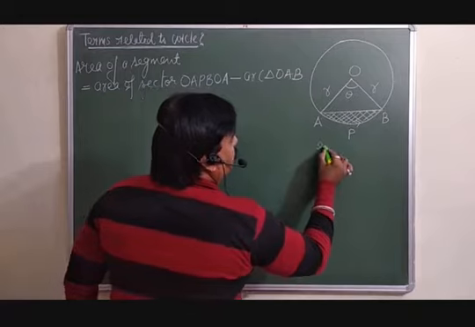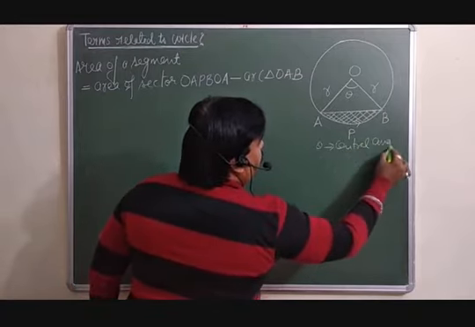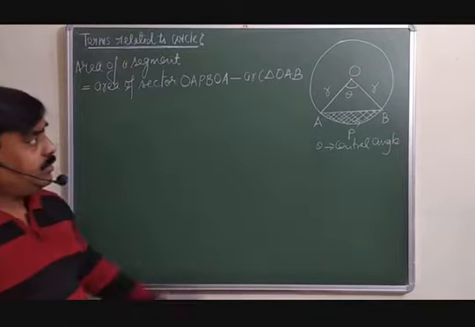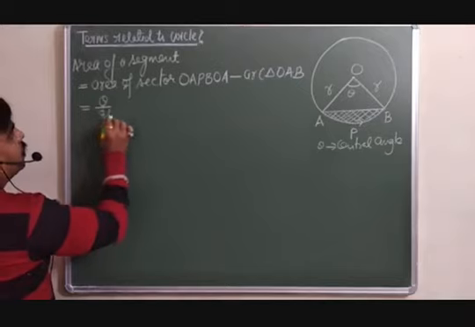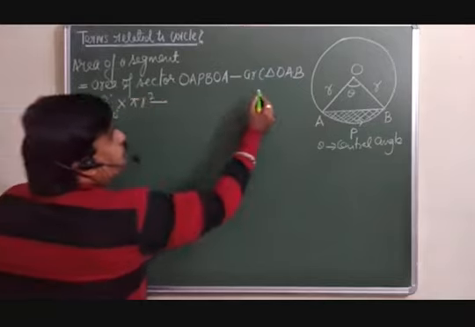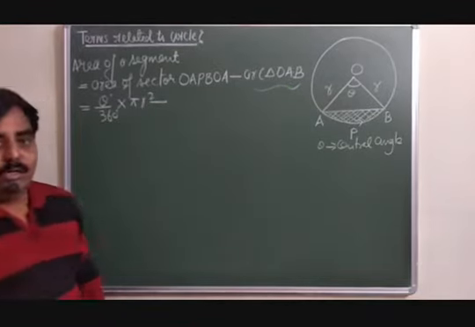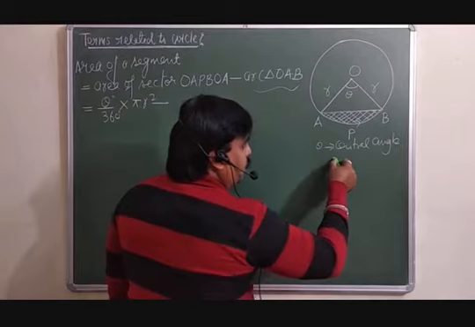Theta is your central angle. This is known as a central angle, which is subtended by the arc. So area of the sector is already you know, that is theta over 360 into pi r square. But you are supposed to calculate the area of this triangle OAB. How can you calculate the area of this triangle? इस triangle का area कैसे calculate करेंगे? देखिए, look at here now.